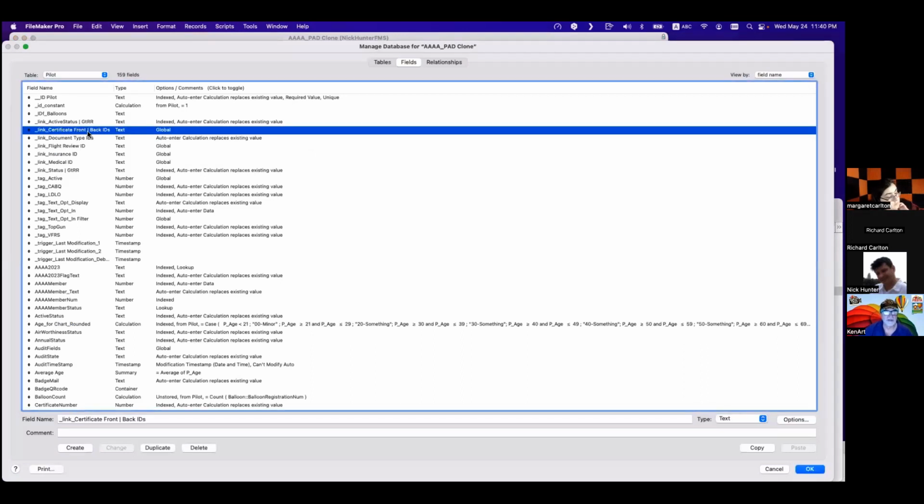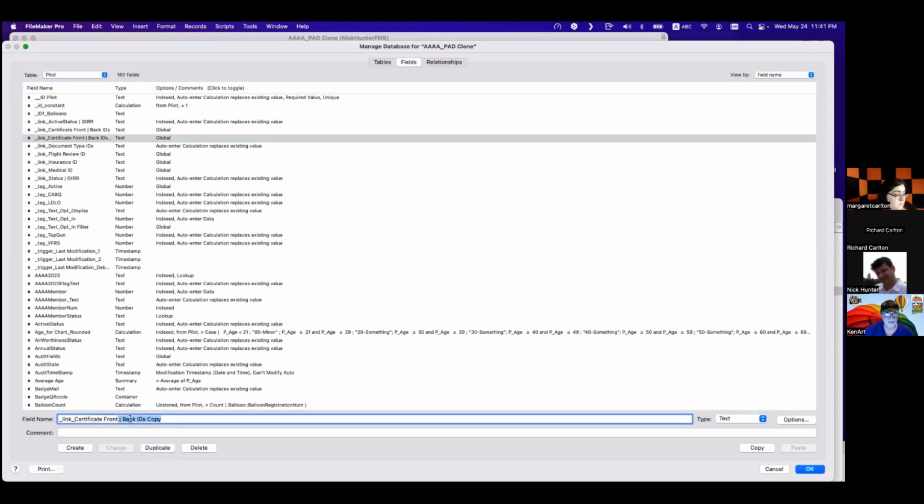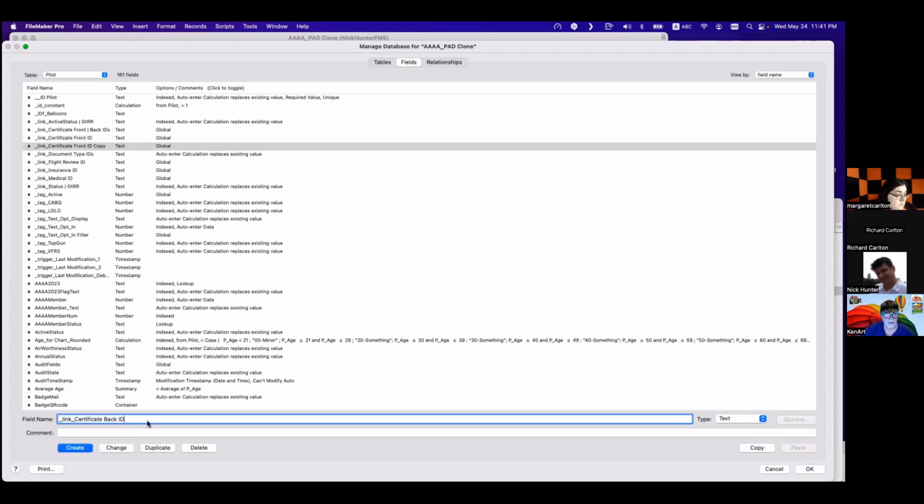As of today, I was demonstrating how we do two IDs in one field, and then I have the relationship. I'm going to keep that for the demo, and I'm going to duplicate that and do this: certificate front ID, and I'm going to duplicate that for certificate back ID.